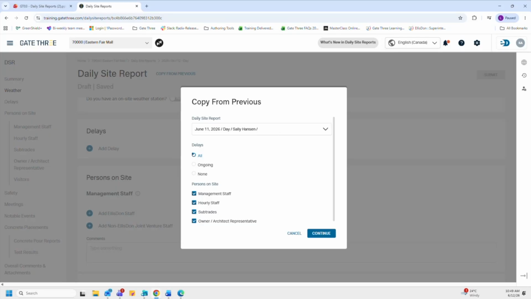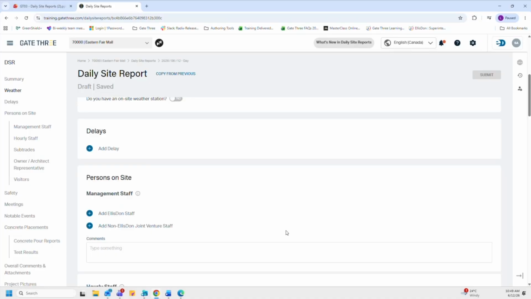today's entry. I do want to note here that say if you begin populating a DSR and then decide to copy over from a previous one mid-entry, it will override the info you entered with the information from the DSR you copied. So just to give you that heads up. So let's go ahead and click on cancel. And now let's